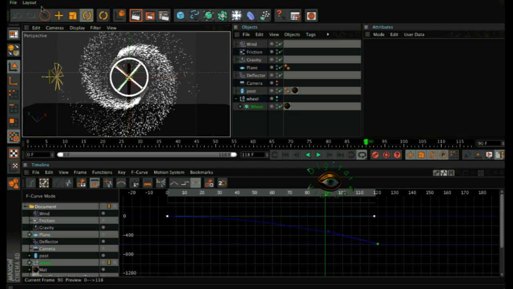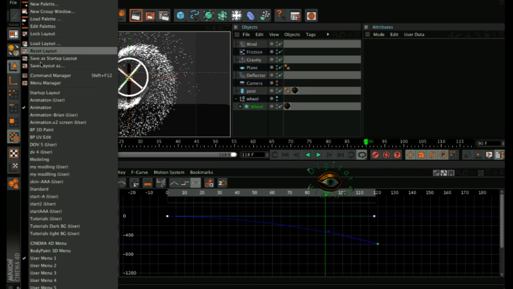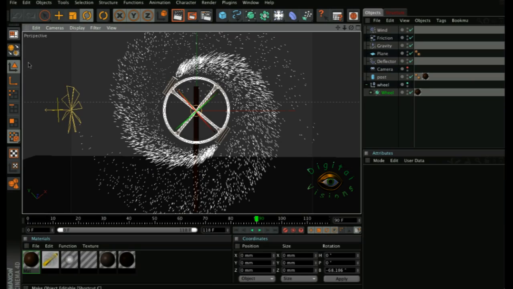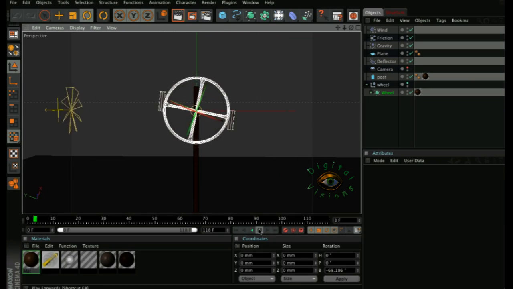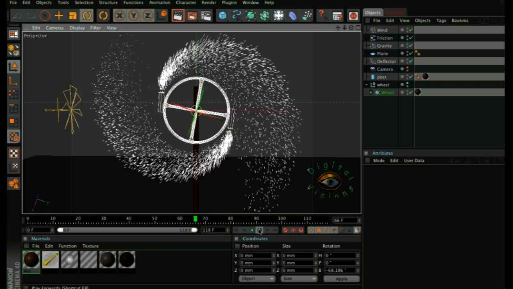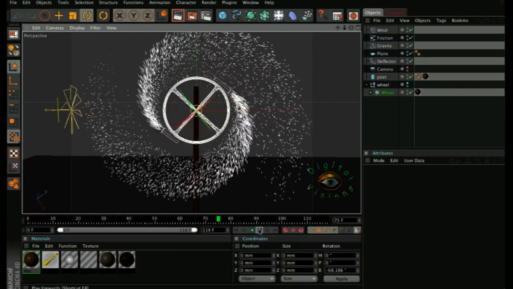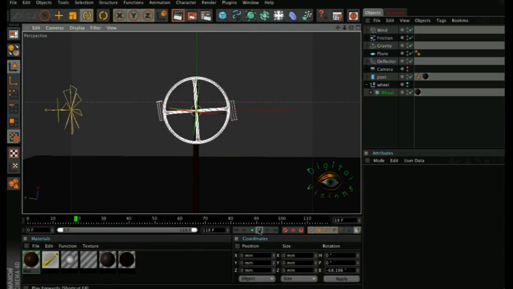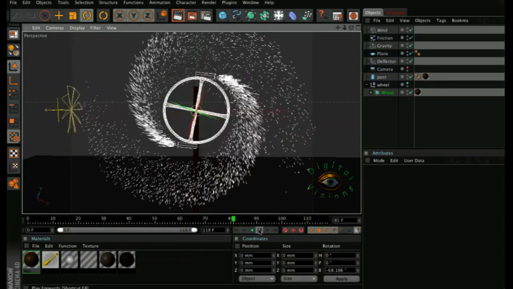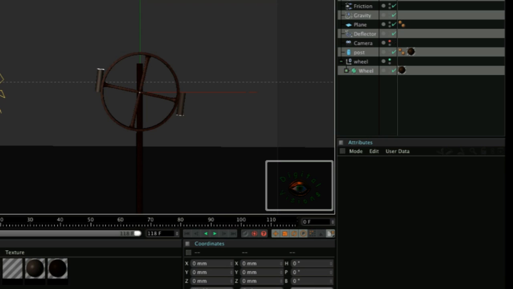Go back to the startup layout, check the animation again. You can see now it's turning the right way with the particles creating a spiral shape. Before we go to the materials, I'll just go with you through the settings of the wind, friction, gravity and deflector,